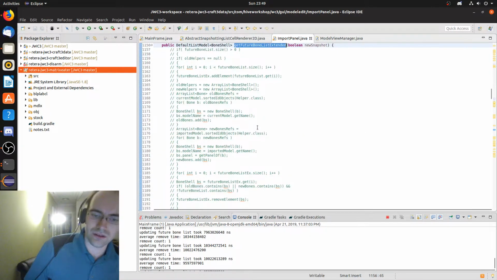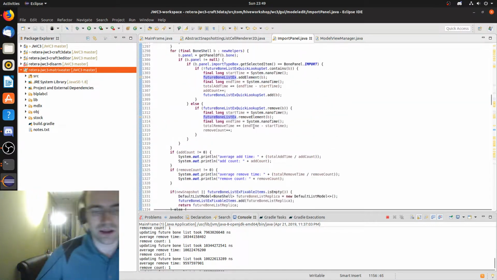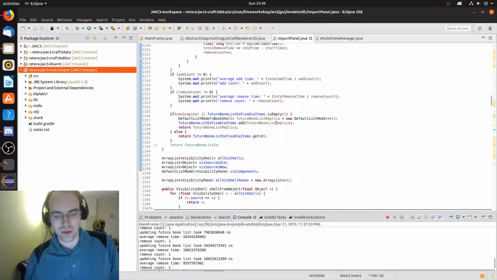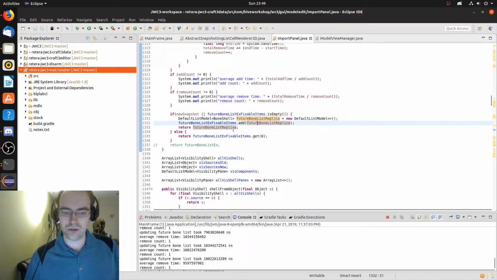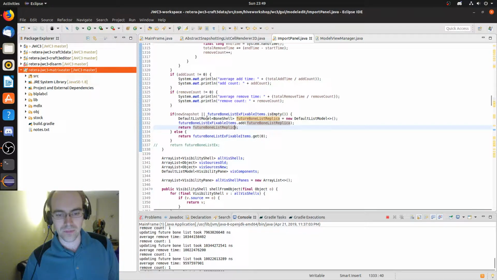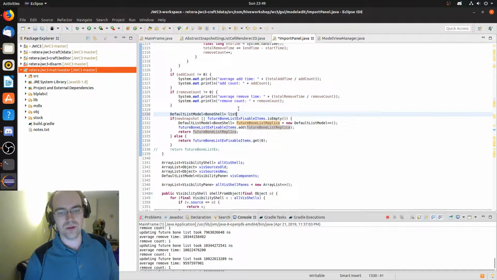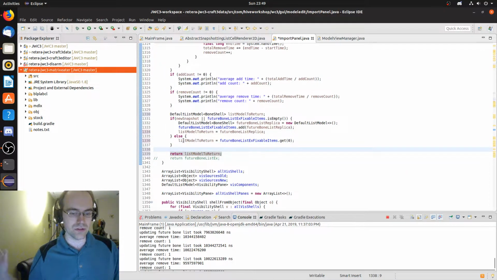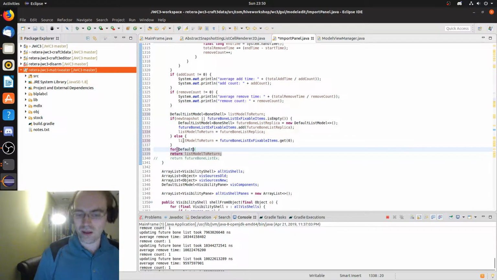Now the important thing is that with all of these replicas, I actually need to maintain all of them, which I wasn't doing. So when we're at this point that we have all of the replicas and we add and return the replicas, realistically, there's another thing I need to do. I need to say list model to return. Now list model to return will be assigned when we were previously assigning our return value. So you think we would just return list model to return. However, there's another step. For every default list model of bone shell ever created,